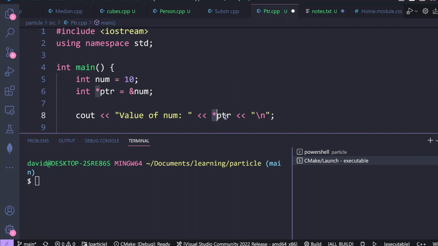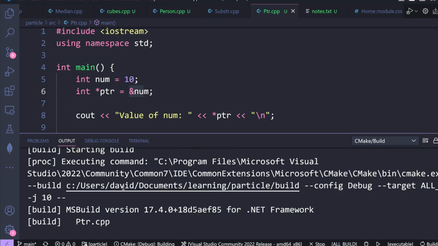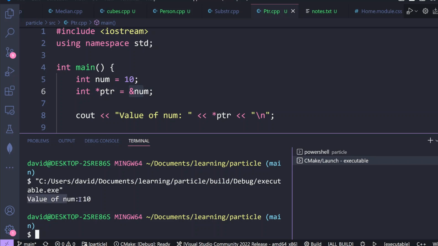Sounds like a fancy word, but it's just another way of saying we're going to get the integer value, since we use the word integer here, from the address we see here. For example, the following code dereferences the pointer. Okay. So let's try to run this and see what happens. We're running it. So the value of num is 10,